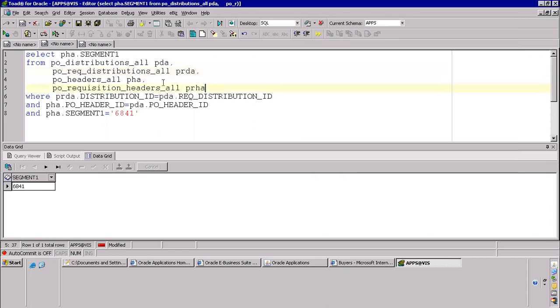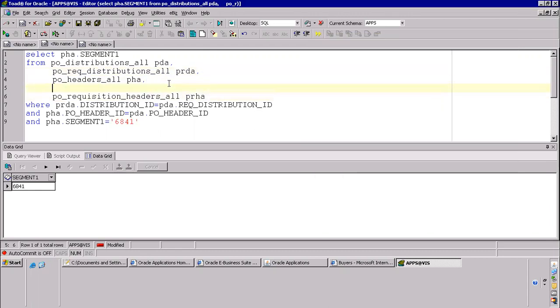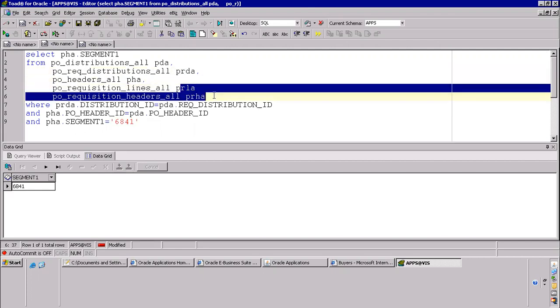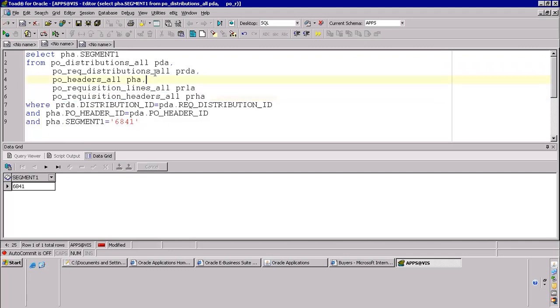So I'm adding one more table. What is that? PO requisition lines all. Now distribution to line, we need to give a join. Then line to header, we need to give a join. That's it. Just reverse hierarchy it is. Earlier we have given header, line, distribution. Now distribution, line and header. Now you'll have to tell me the joins. Correct. PRDA dot